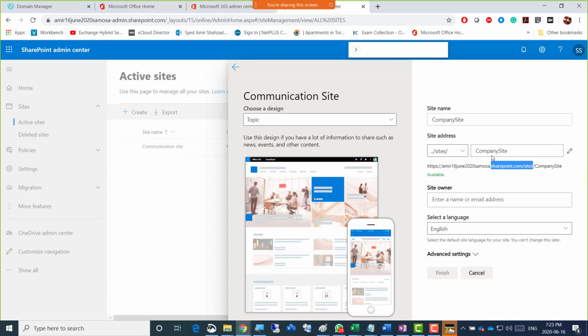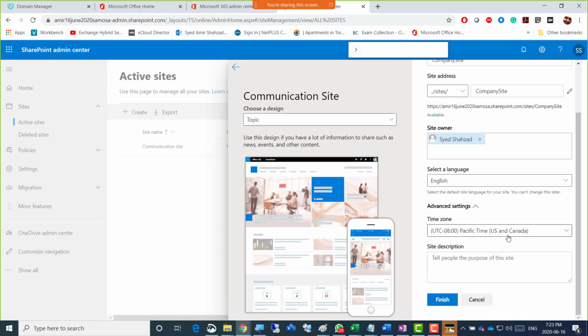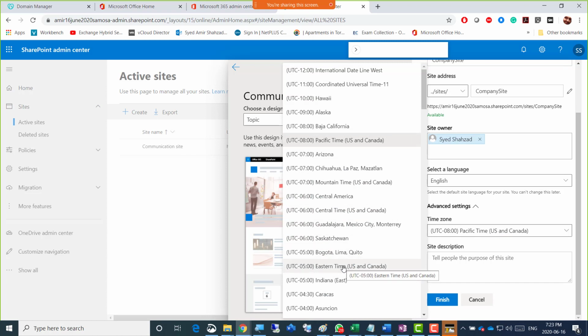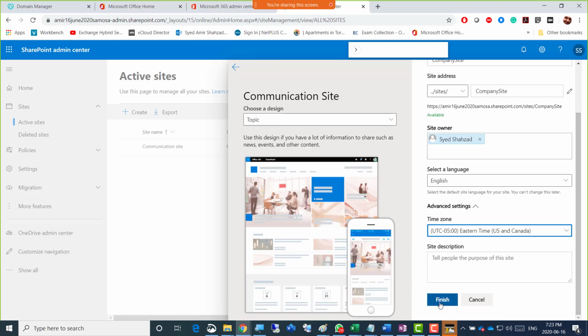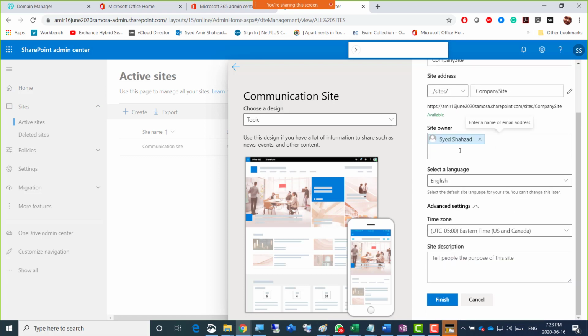So anyway, this is company site, and then who's going to control that? So there's admin here, and when I type admin, it's just admin here, and advanced settings just corrects the time here. So there's Eastern time, US Canada, and let's click finish. Right, so on this page we have company site, the site owner, and the time zone.